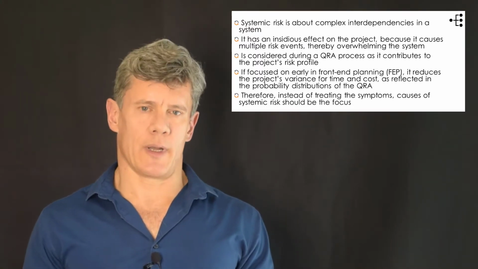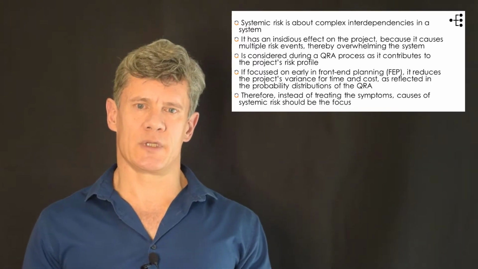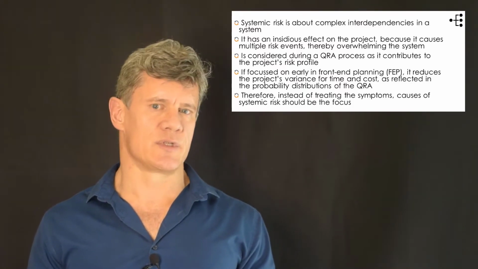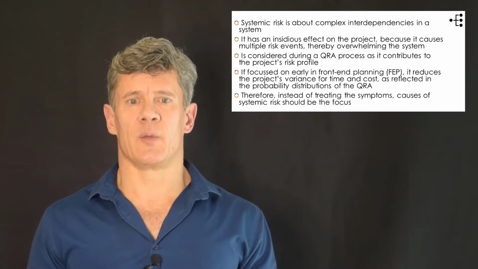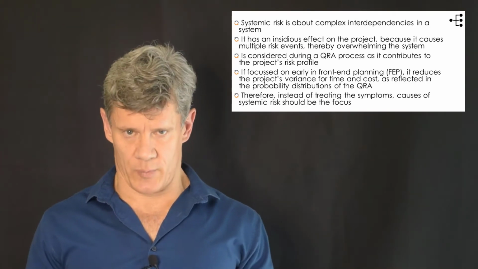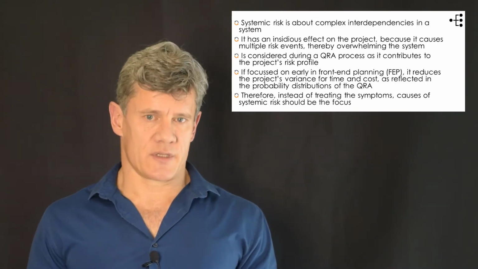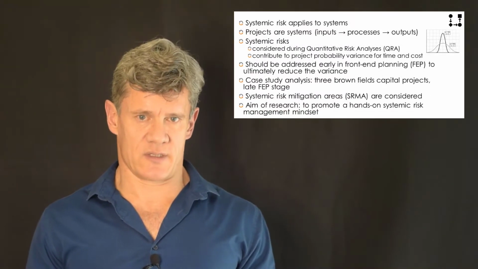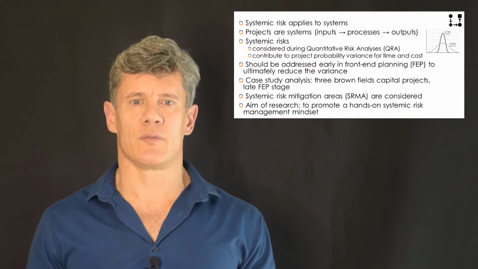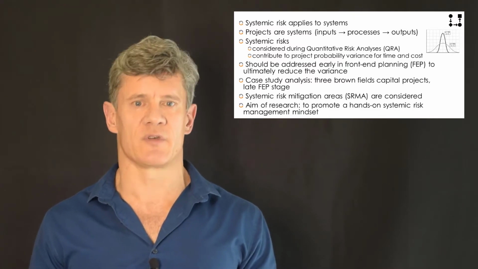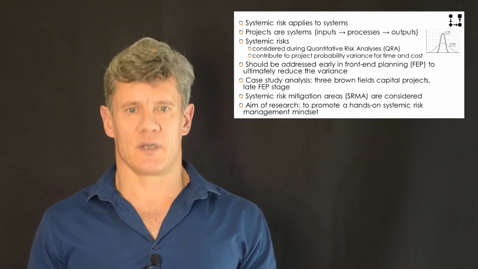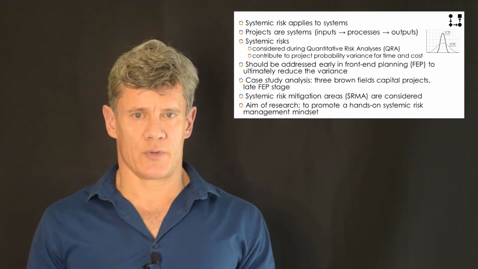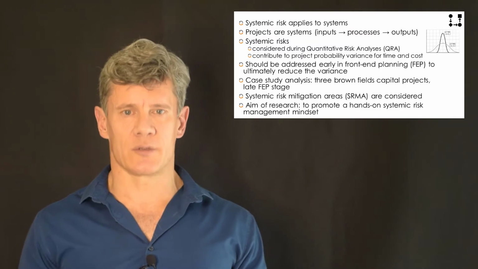Now, in a QRA, we usually apply a Monte Carlo analysis, and these three inputs then result in a probability distribution for the project. Our research, though, has shown that the impact that systemic risks have on the probability distribution in terms of variance is quite significant, which means there's all the reason in the world to try and contain